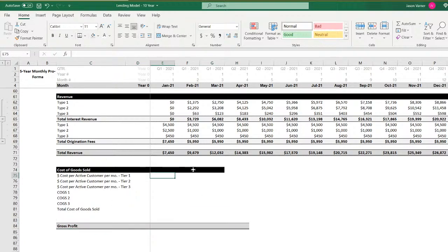All right, so we're calculating this by cost per active customer tier 1. So it'll just be, if our date is greater than the exit month,